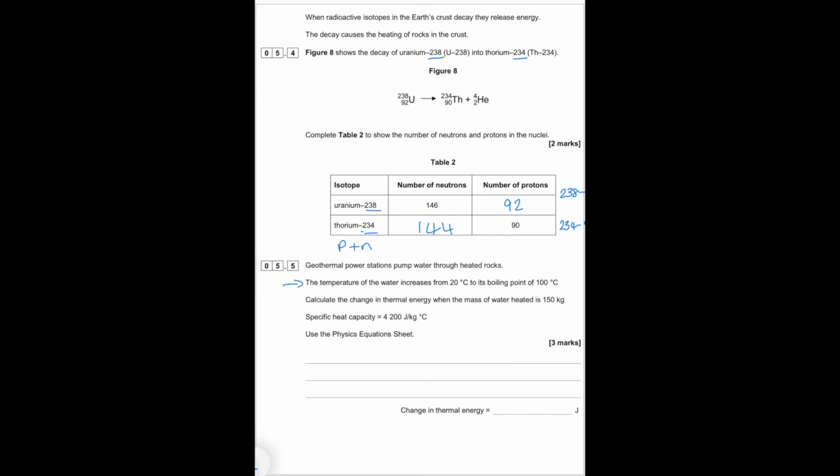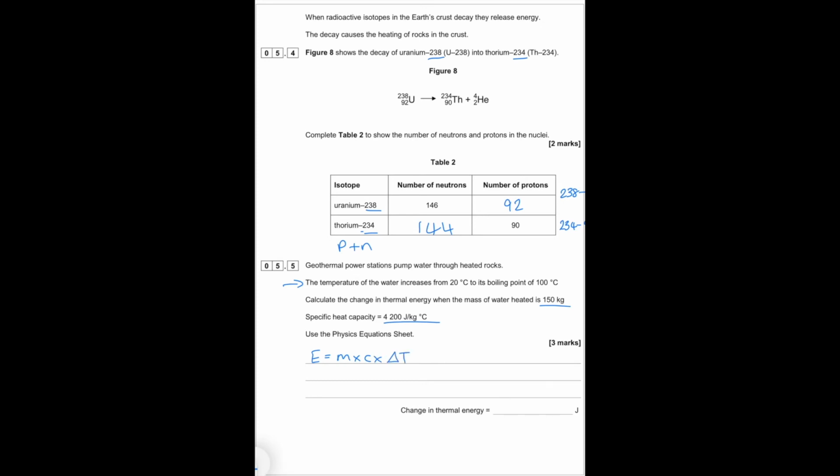The temperature of the water increases from 20 degrees Celsius to its boiling point of 100 degrees Celsius. Calculate the change in the thermal energy when the mass of water is heated to 150 kilograms. Specific heat capacity of water is 4,200 joules per kilogram per degree Celsius, and you have the equation in the equation sheet. So the change in energy is going to be the mass times the specific heat capacity times the